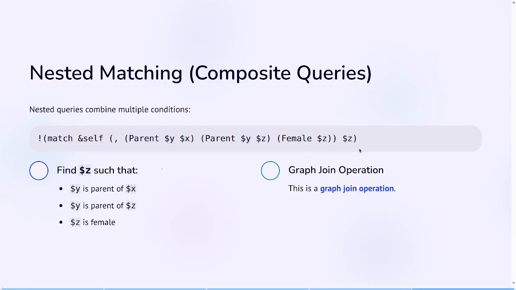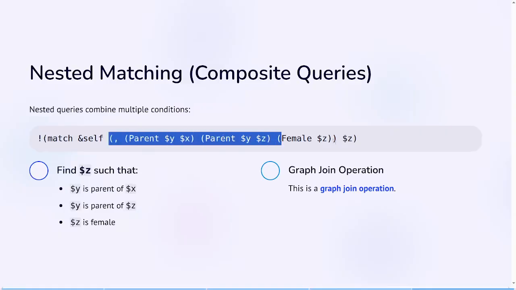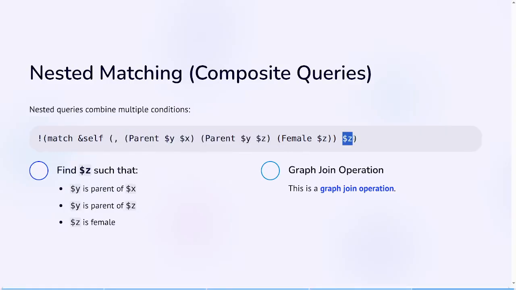Similar to the previous explanation, we start with match, and match always accepts three arguments. The first one is the space where we are looking, and the second one is the pattern, so what kind of pattern am I looking for. Then the last one would be the return type, the return pattern. So when it comes to nested matching,